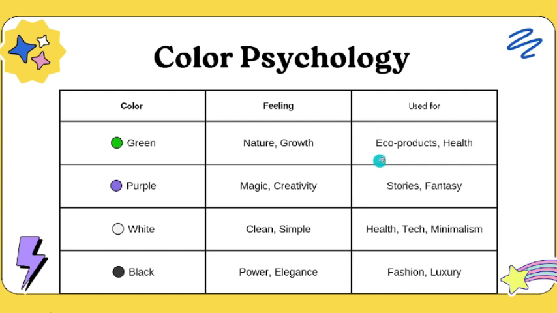is mostly used for eco products or health related designs. We have the one for purple color, which is magic and creative, normally used for stories and fantasies. We have the white color, which is clean and simple, and is mostly used for health, tech, and minimalism. We have the one for black, which is power and elegance, mostly used in fashion